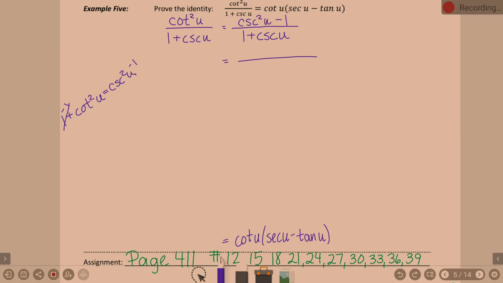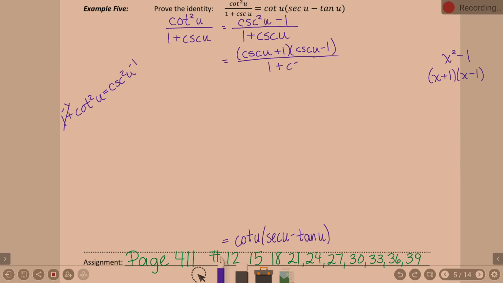This is kind of just like factoring x squared minus 1 into x plus 1 and x minus 1. So cosecant squared u minus 1 would be like factoring cosecant u plus 1 times cosecant u minus 1, all over